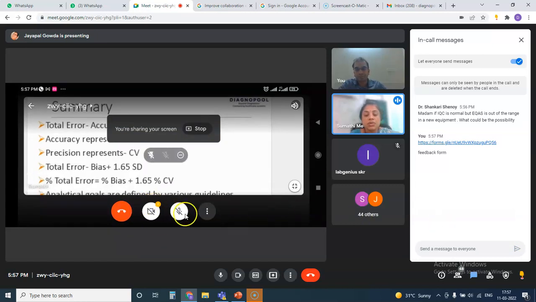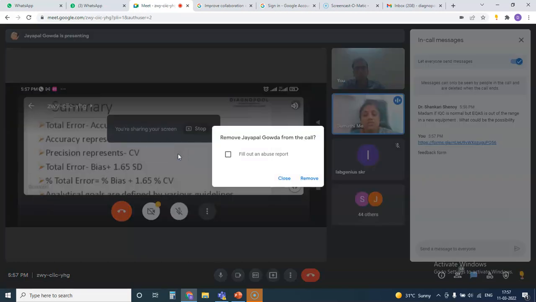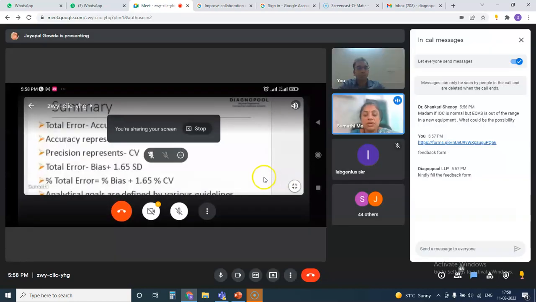Gradually, when you set a broader SD, all the data points, even if they have systematic errors, will definitely be covered in the broader SD. So you will not be able to pick up the errors. The first thing you will have to do is review the mean when you have some problem with the EQAS. Though the internal quality control is fine, always review your mean against your peer mean, and cross check your SD. If the SD is broader, then re-evaluate your mean, set a proper SD and observe for some time.